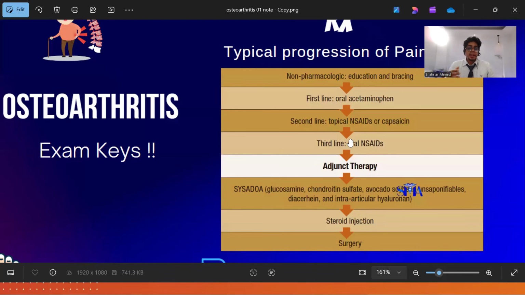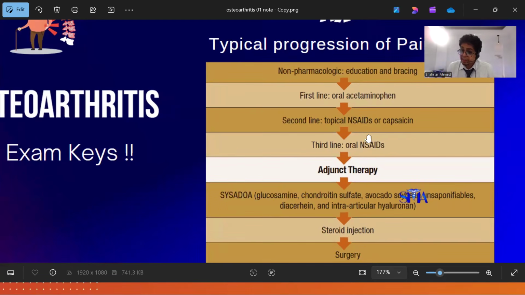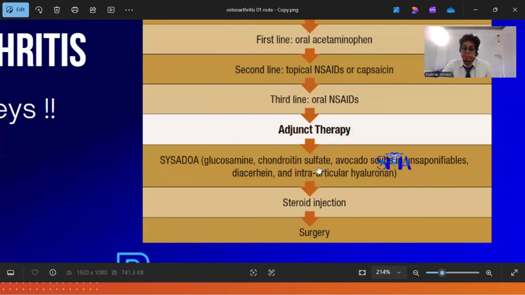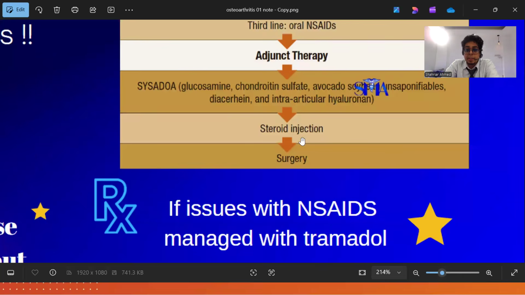Answer is yes. Now, time progresses, pain increases, then is it true we go through the NSAIDs? True, but we have to also be careful with the kidneys. Now, the patient keeps complaining, and we tell them, okay, you can take this and that to help, for example glucosamine, chondroitin, those over the counter they can take. But at some point, as the age progresses, these all will not work. Then what do you need? Injection.